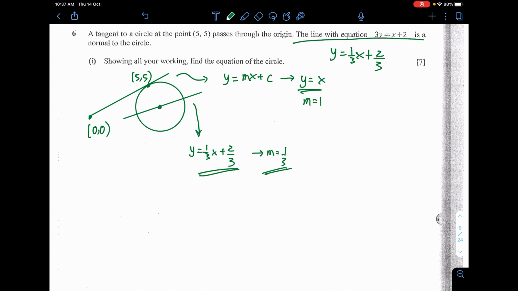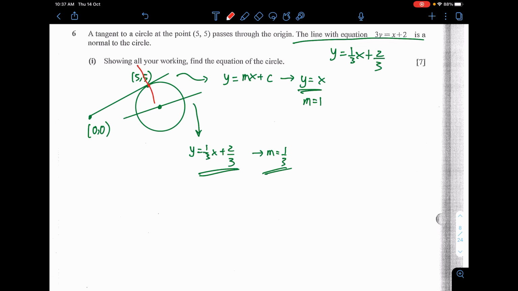But regardless, we can still tell that this line actually crossed the center of the circle, which is a good deal. Still a very important thing to find out. Now, how to continue here? Properties of circle: if you have a line of tangent to the circle, which is the point 5,5 and the line of y equals x, right?